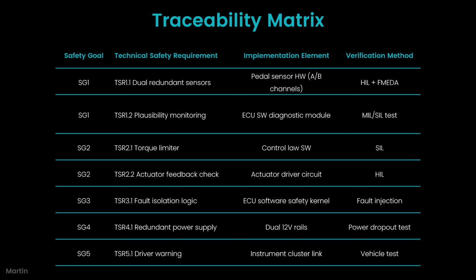In ISO 26262, a traceability matrix ensures clear and consistent links between all elements of the safety lifecycle, from safety goals to safety requirements, implementation elements, and